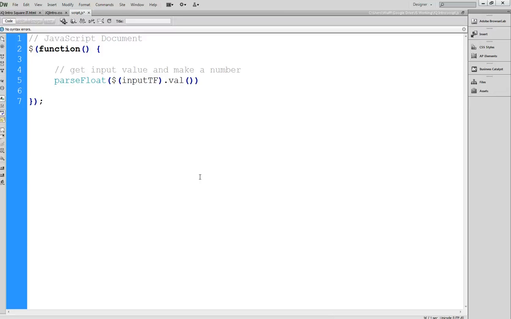So we're going to get the input value, make it a number, and then we're going to test that to see if parse float string input value is NaN. You see how I'm kind of writing the code inside out with this functional style, so there's no variables. So again, what's going on here is